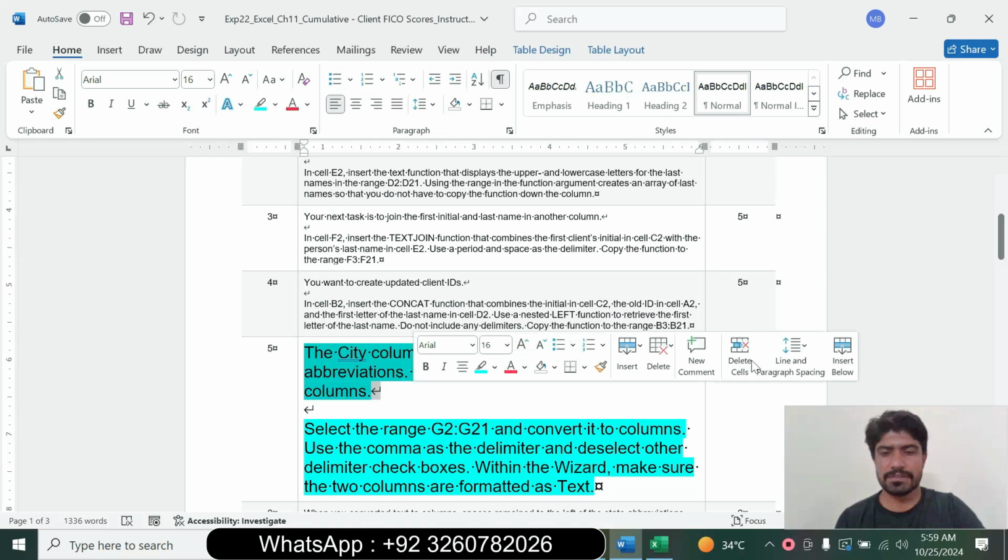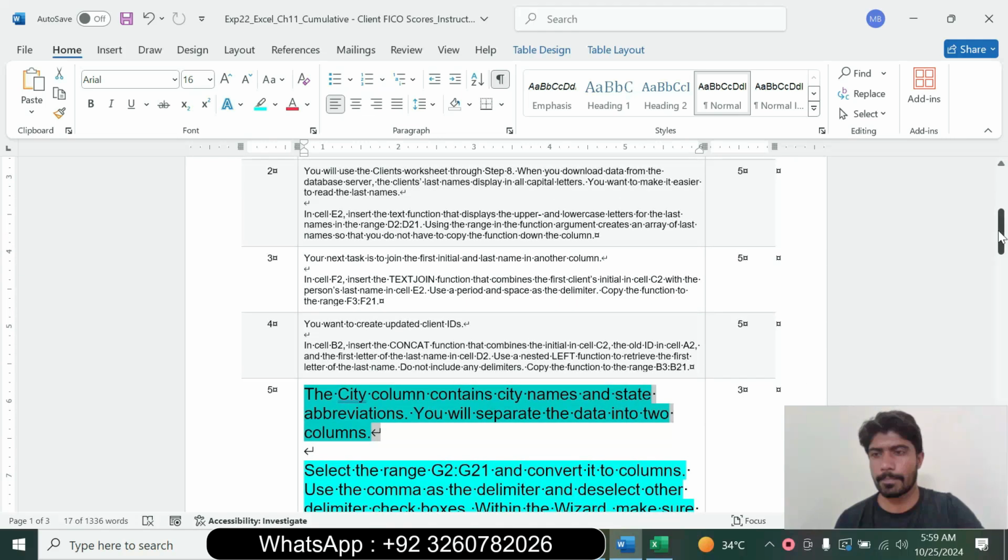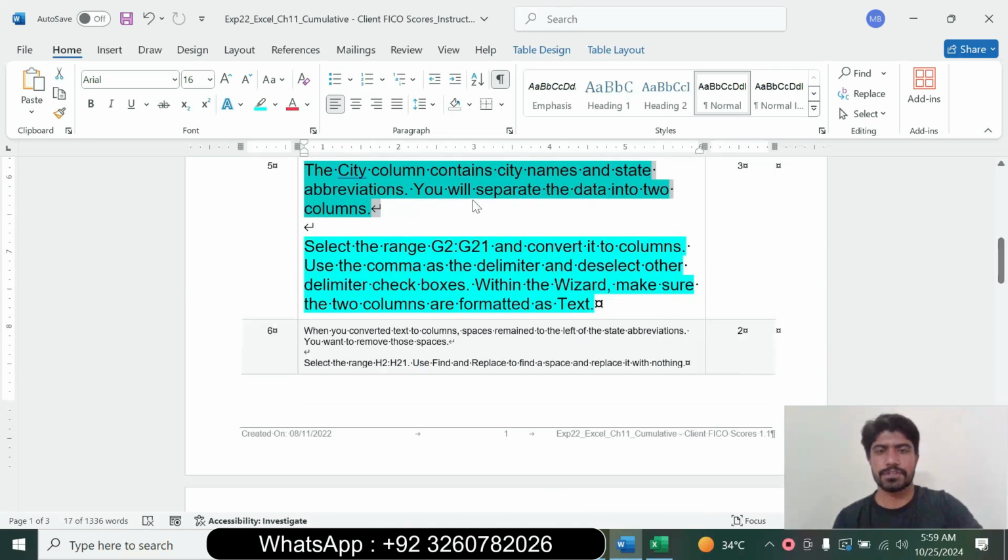So question number 5 is: the city column contains the city name and state name abbreviation. You will separate the data into columns. Select the range G2 to G21 and convert this to columns. Use the comma delimiter and deselect the other delimiter checkboxes within the wizard. Make the two columns formatted as text. Copy the range G2 to G21